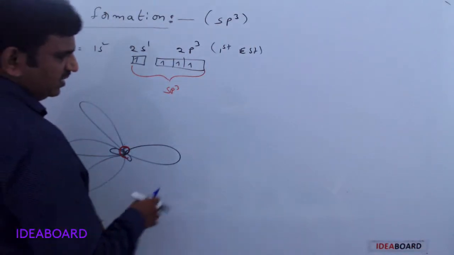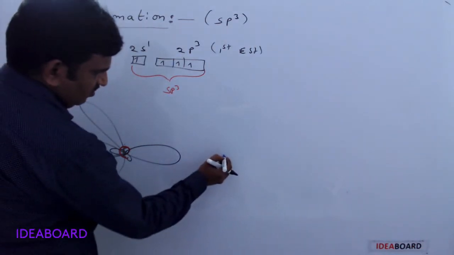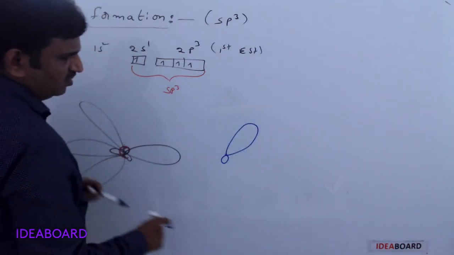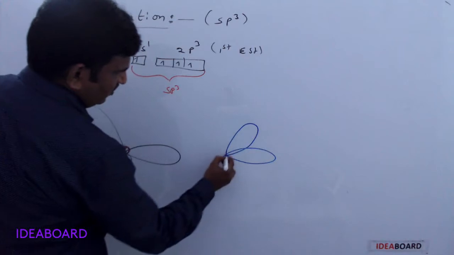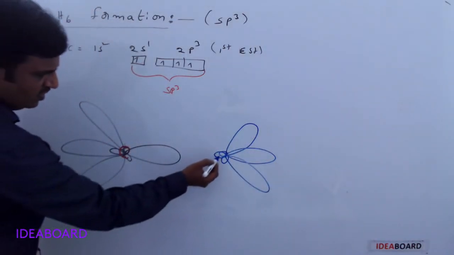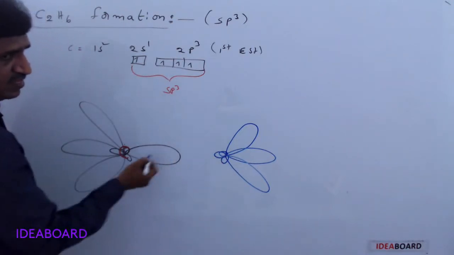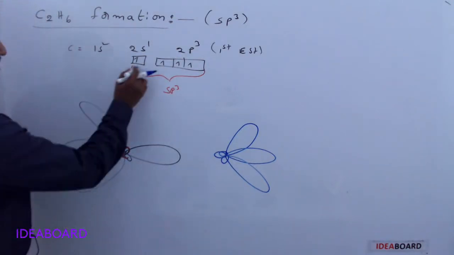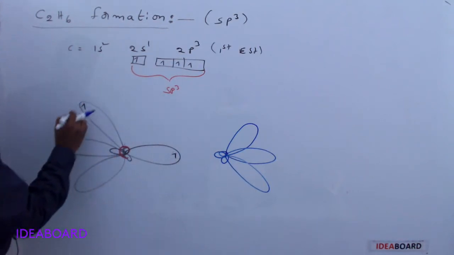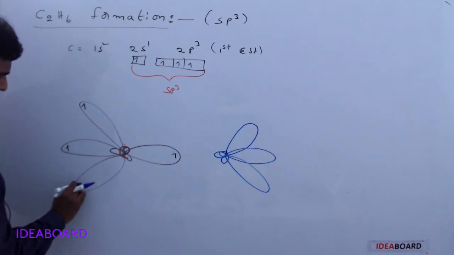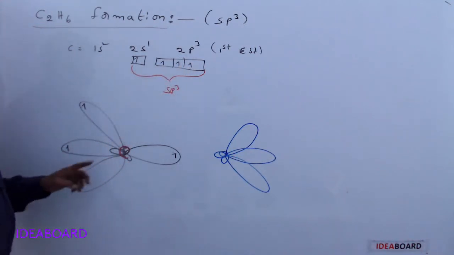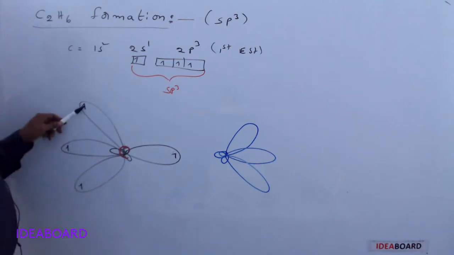And next I am writing the second carbon. So here the second carbon I am writing. This is 1 hybrid orbital of the second carbon. And this is another hybrid orbital of the second carbon. This is the third hybrid orbital. The fourth hybrid orbital I am directly making a bond. Here each contains a single electron now. Here this is one electron, this is another electron, this is another electron, this is another electron. At each carbon we have 4 single electrons, one on each hybrid orbital.